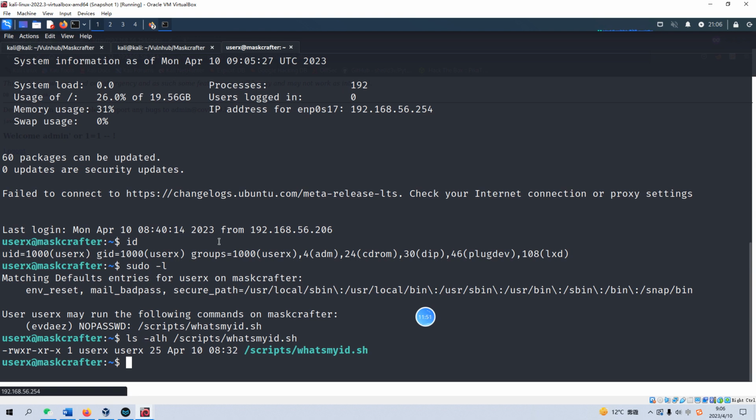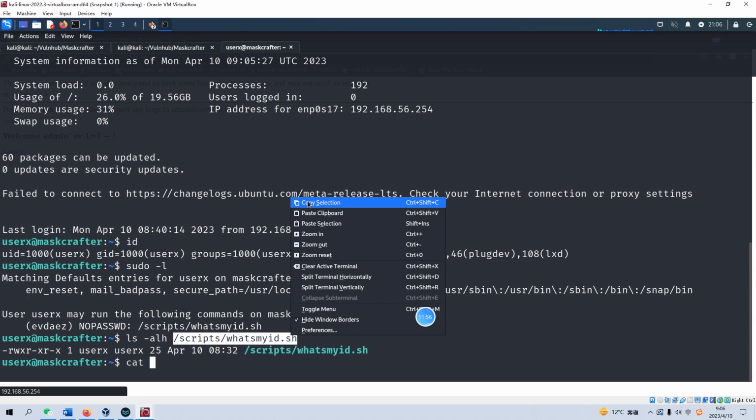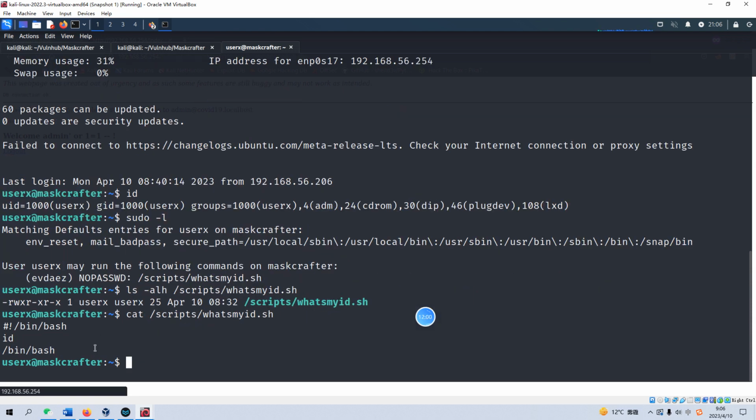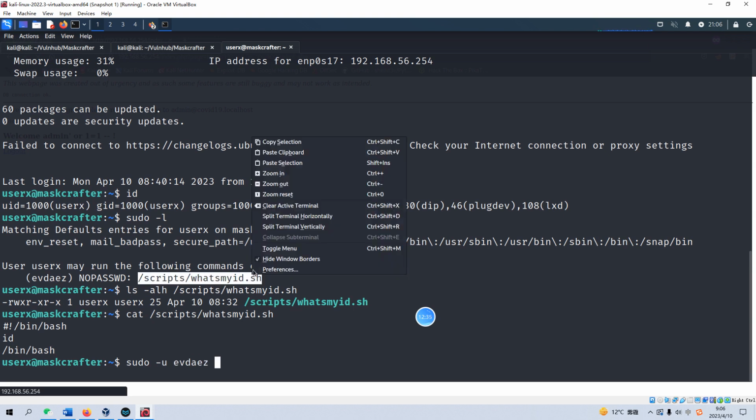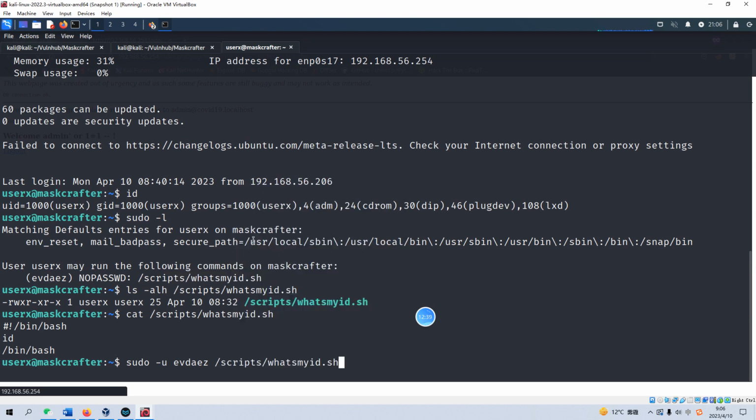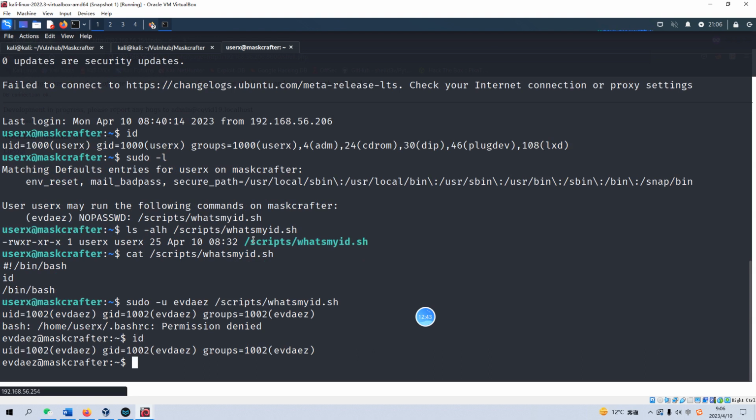file. And let's cat it. Okay, because this line I just put into this file 7 minutes ago. I did this box, so the original file doesn't have this line. So why did I put this line? I just want to make lateral movement to the user EVDAZE. So let's do it. Sudo, specify the username EVDAZE, and we can run this file without inputting the password. Yeah, now we have already switched our shell to another user, EVDAZE, and let's sudo again,